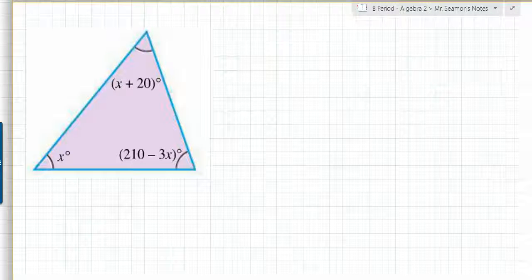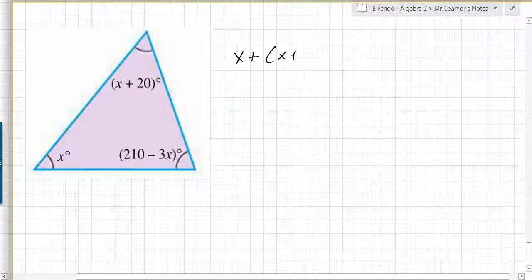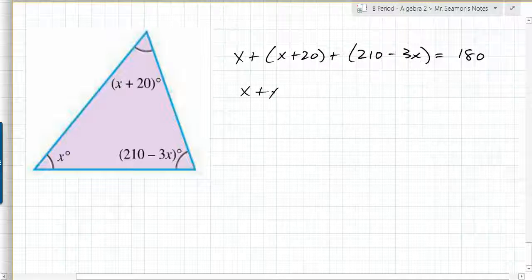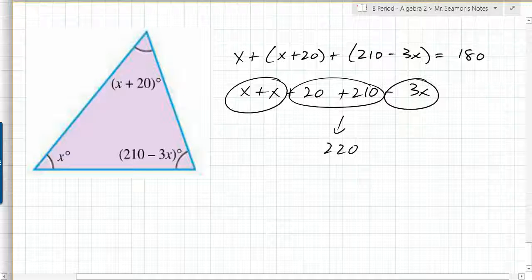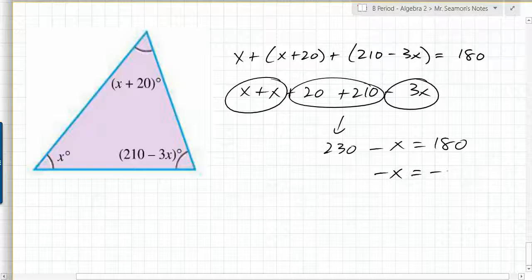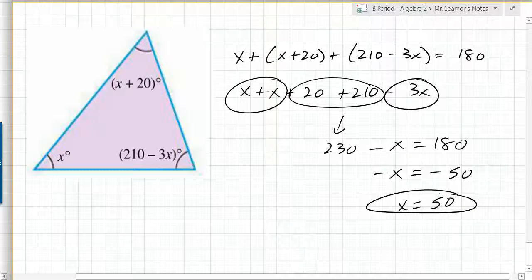Solve for x. So it's going to be x plus 20 plus 210 minus 3x. And what's that equal? Yeah. So you have x plus 20 plus 210 minus 3x. 230. You have x minus 3x, so minus what? Oh, I can't add. Thank you. That's exactly the kind of thing you need to get me on. 230 minus 2x equals 180. So minus 2x equals minus 50. So what does x equal? 25. Who got 25? Yeah. Couple? Nice. How did you